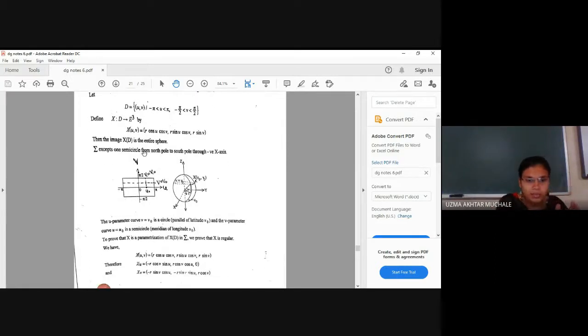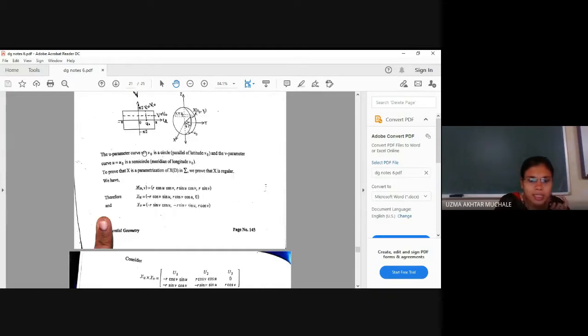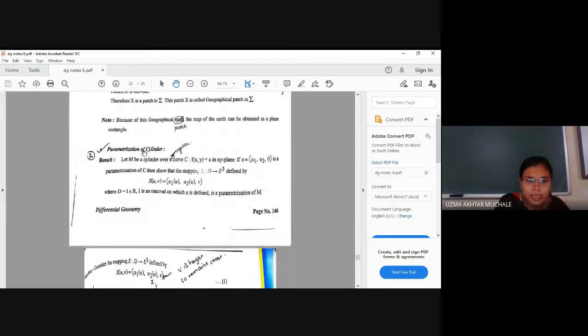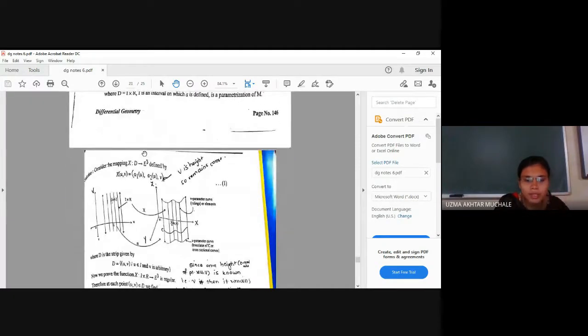So actually, whatever our world or the globe is, the world का जो भी नक्शा है, we can explain this whole on the rectangular paper, as well as we can convert this in the form of a sphere. Okay, that we are going to study in the next lecture. Go with the examples, solve all the assignments.